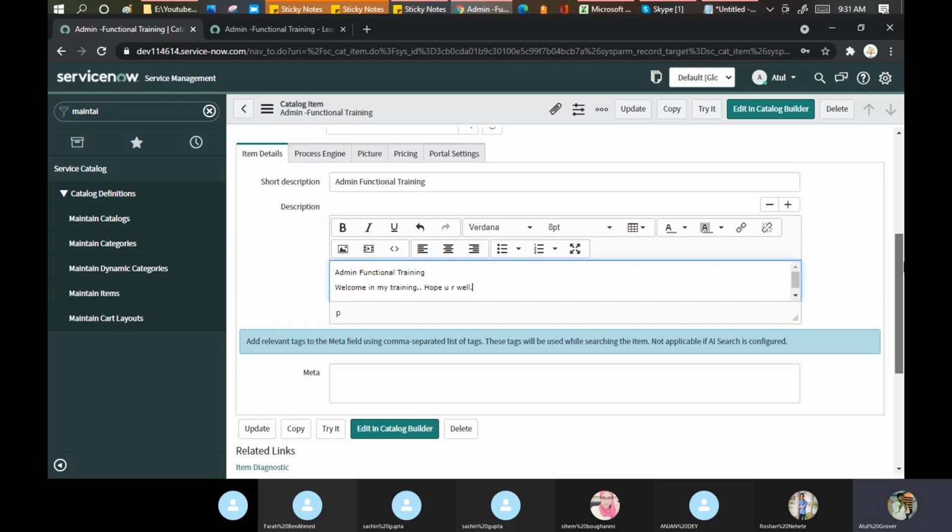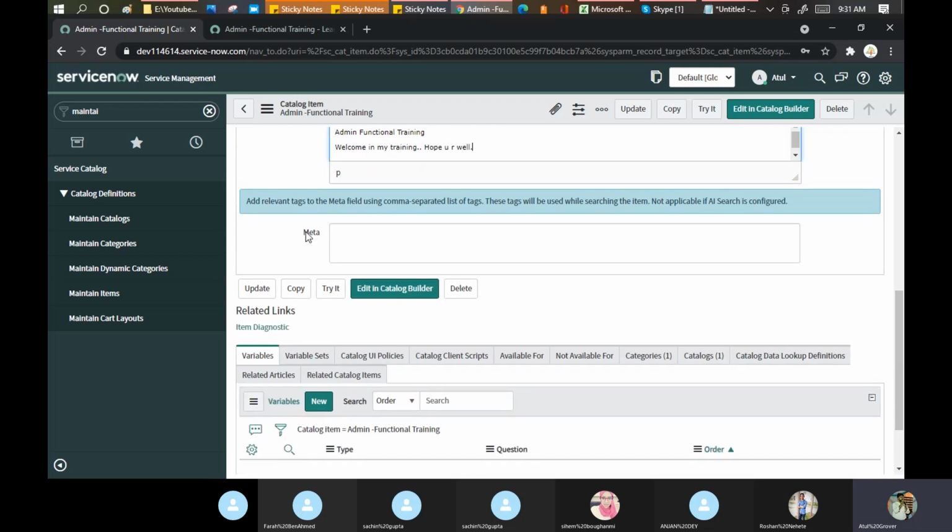If you scroll down, this is called the meta tag. What do you mean by the meta tag? Does anyone have any idea? No, honestly. Okay.